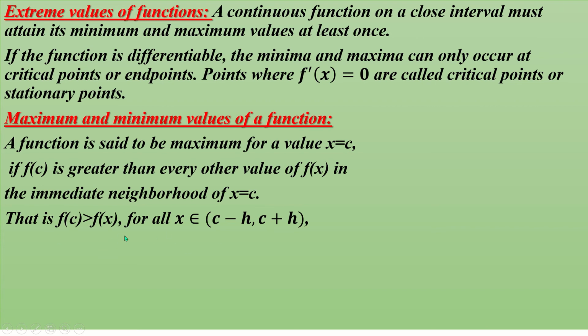As for example, for the graph of sine x, when x is equal to 60 degrees, we get sine 60 degrees, which equals root 3 divided by 2, which is less than 1. But when we put x equal to 90 degrees, sine 90 degrees equals 1. At first we put x equal to 60 degrees, which is less than 90 degrees. And again, when we put x equal to 180 degrees, the value of sine 180 degrees is